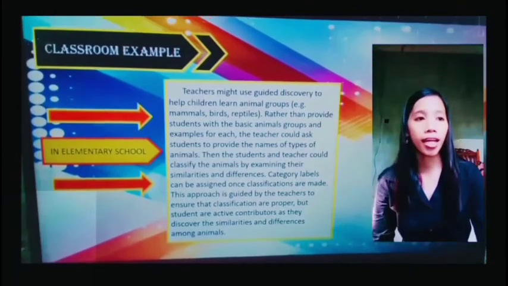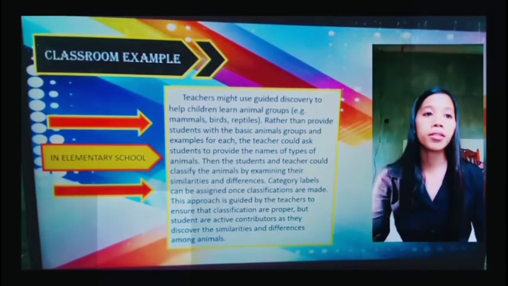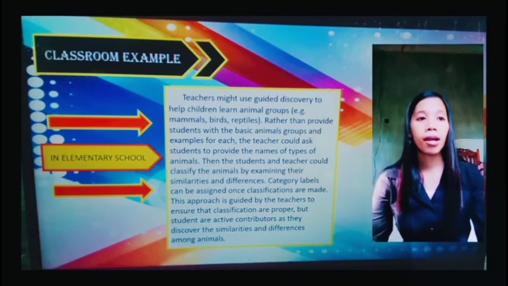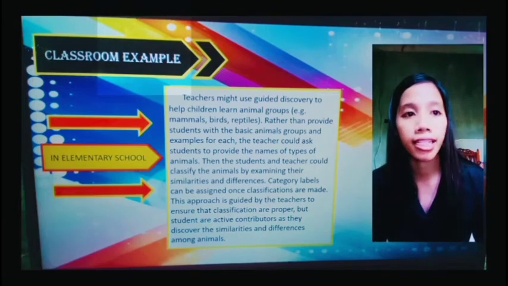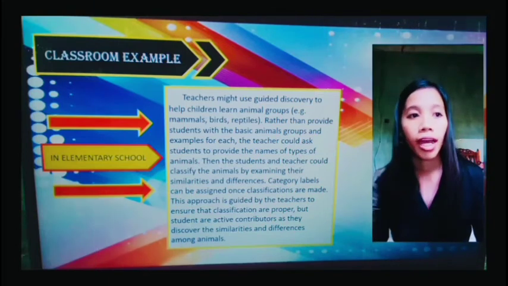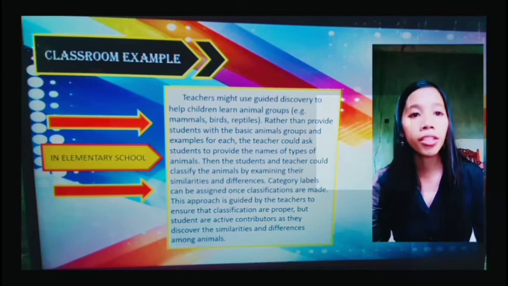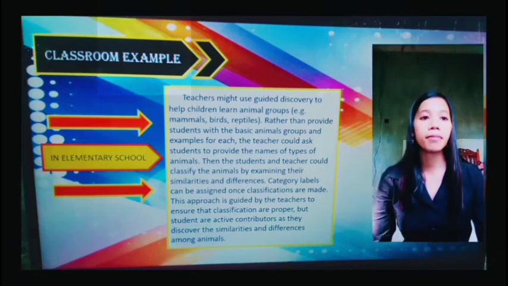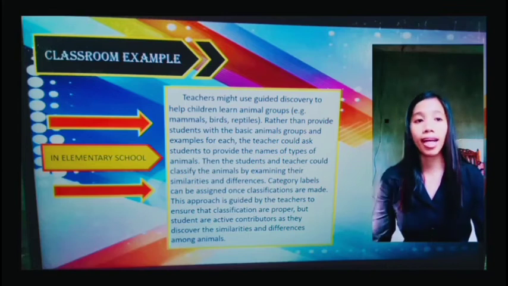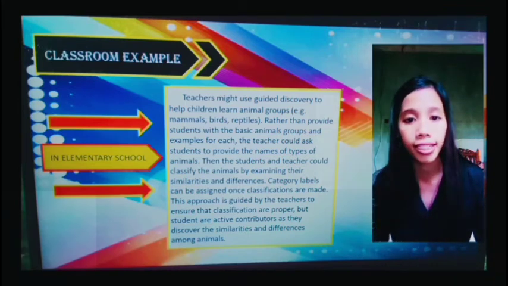Classroom example and elementary school. Teachers make use of guided discovery to help children learn animal groups, mammals, birds, and reptiles. Rather than provide students with the basic animal groups and examples for each, the teachers could ask the students to provide the names and types of animals. Then the students and the teachers could classify the animals by examining their similarities and